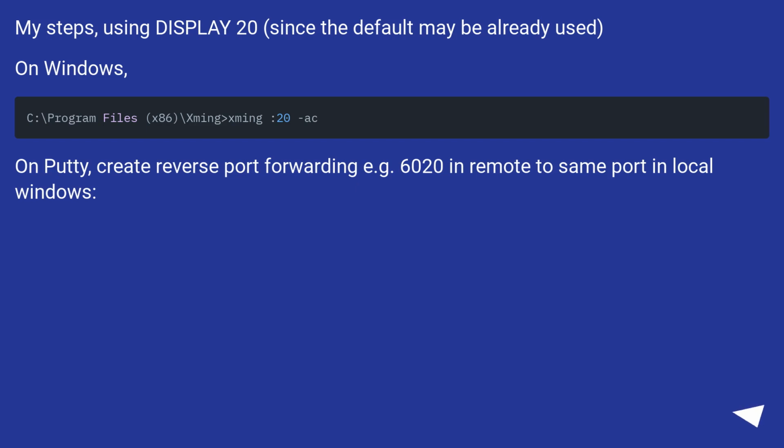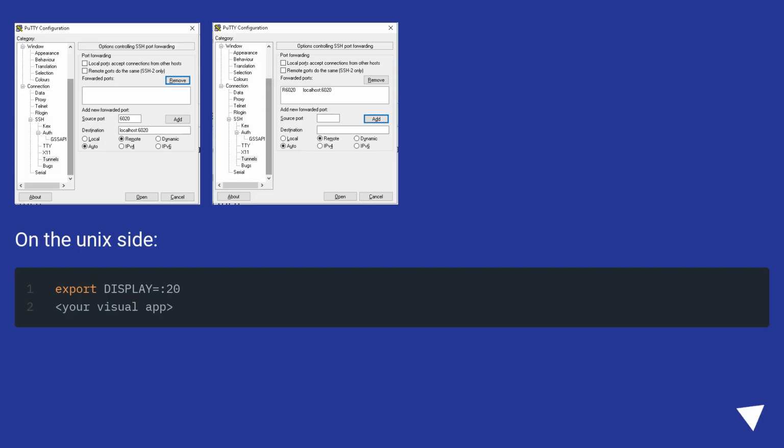My steps, using display 20, since the default may be already used. On Windows. On PuTTY, create reverse port forwarding, for example 6020 in remote to same port in local Windows. On the Unix side,